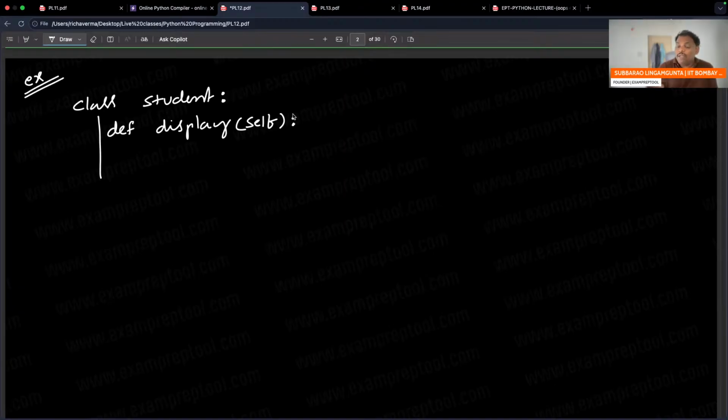And one more thing: this function display is inside the class, so you have to write it inside. Because it's a function, the colon is also required. Inside the function, again inside, let me write print welcome EPT